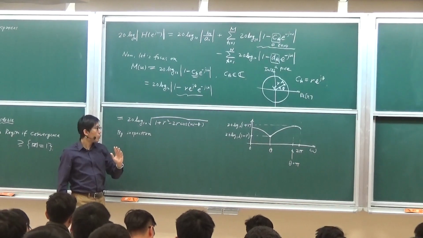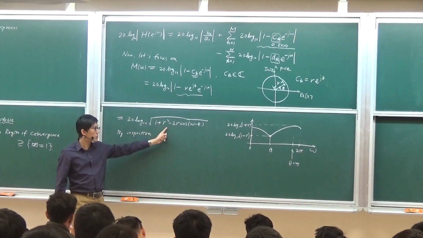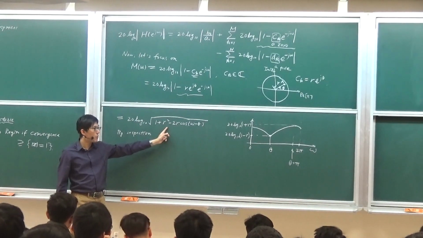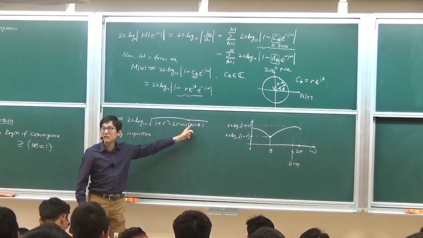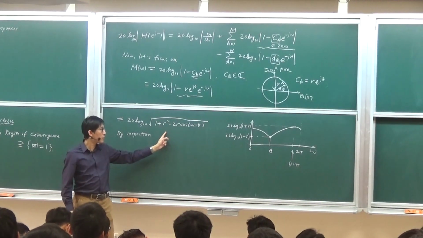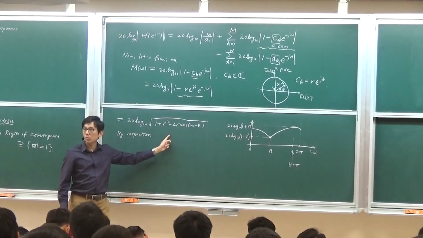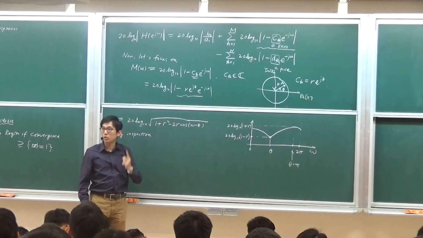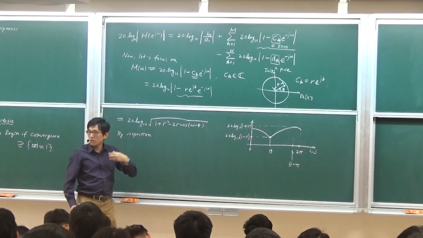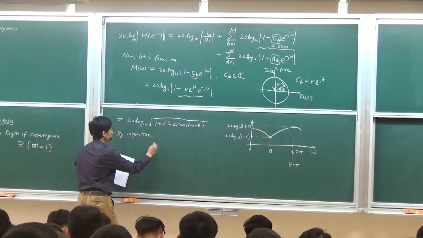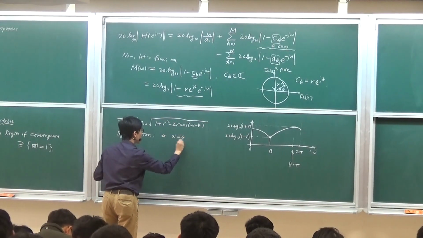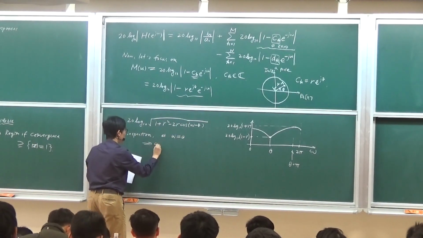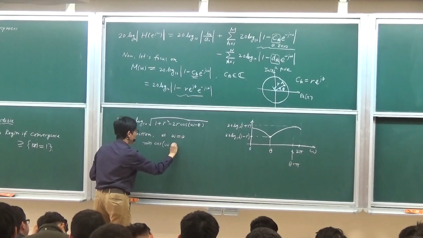So when does this function reach a minimum? A minimum is for this term to be maximally negative. That's when the cosine is equal to 1. So at omega equal to theta, cosine of omega minus theta